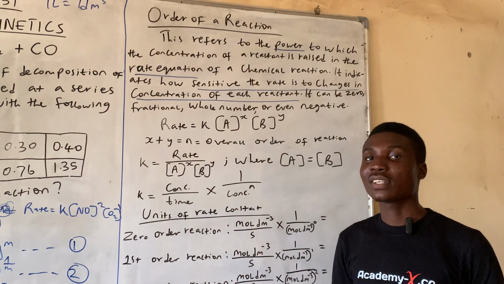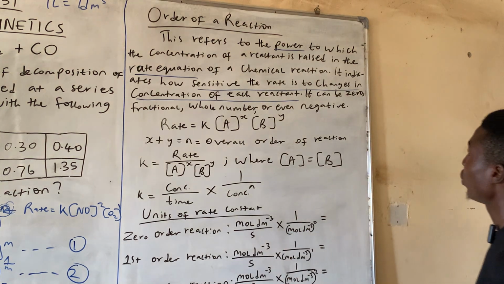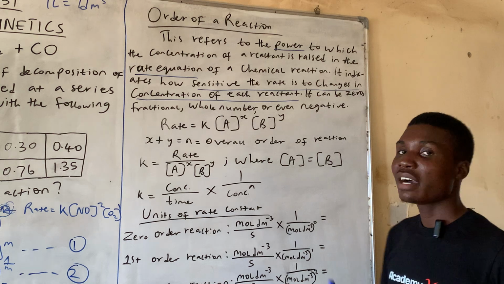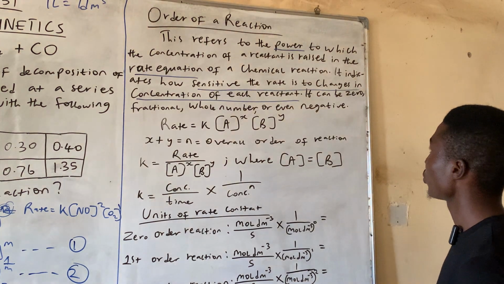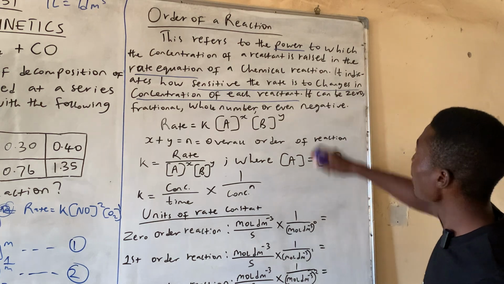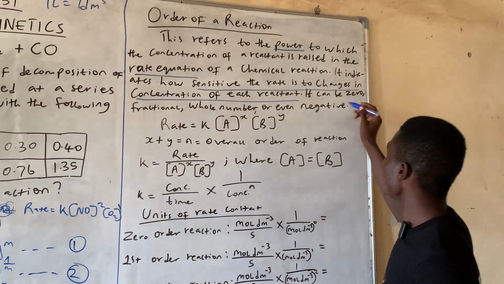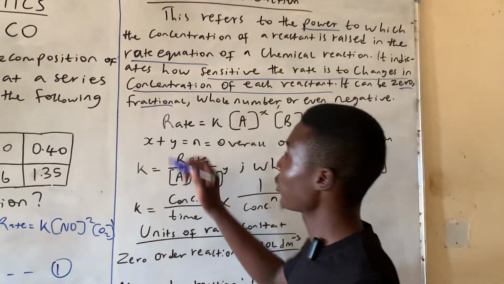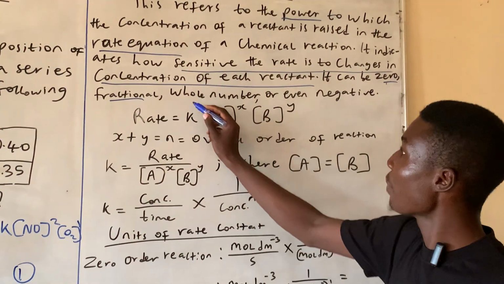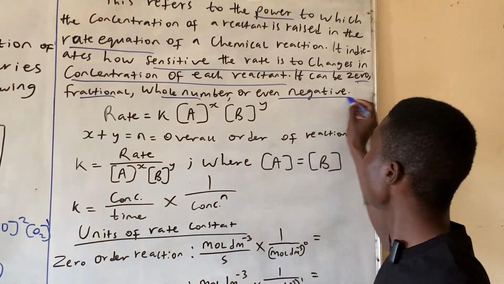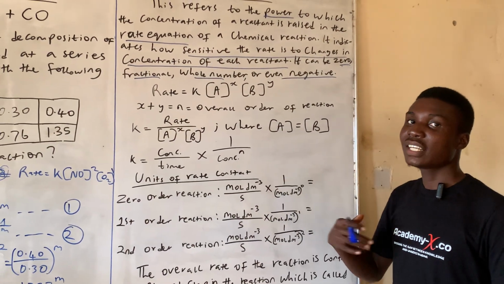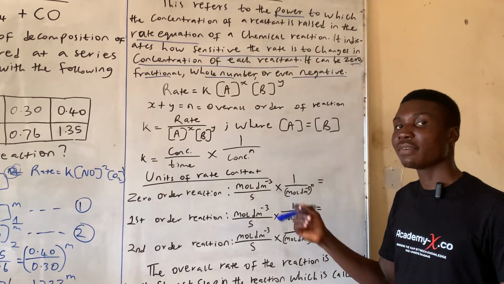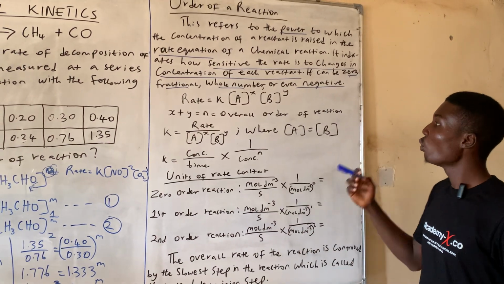So it's a matter of sensitivity that is being shown by the order of reaction, with higher values being more sensitive to change in concentration of the reactant. So the order of reaction can be 0. It can be a fraction, I have talked about that. It can be a whole number, and it can even be negative. Rate of reaction can also be negative. In case you see your examination and you find negative values, those are also obtainable when we talk about the